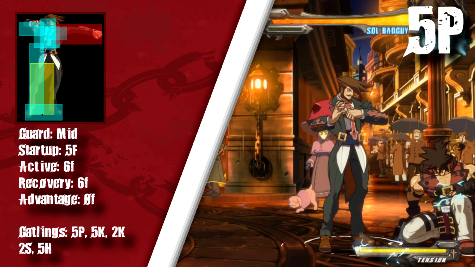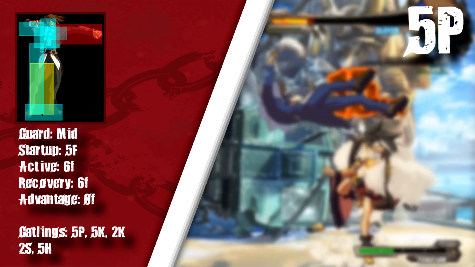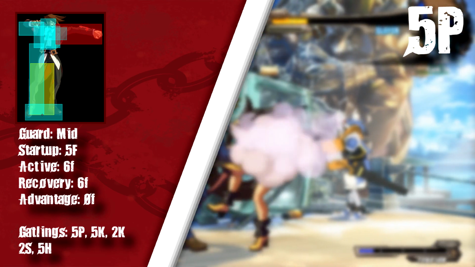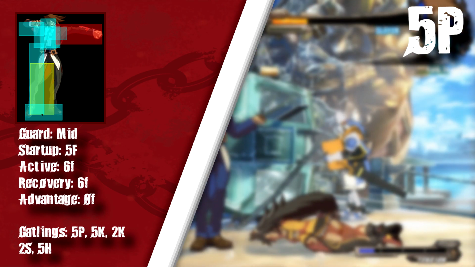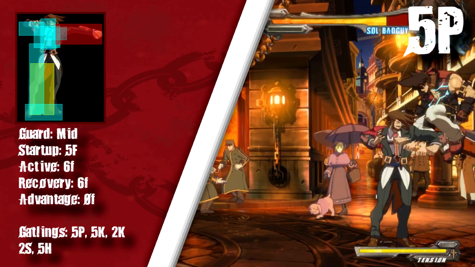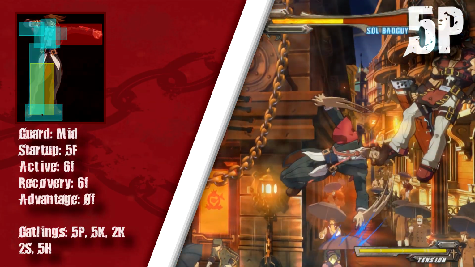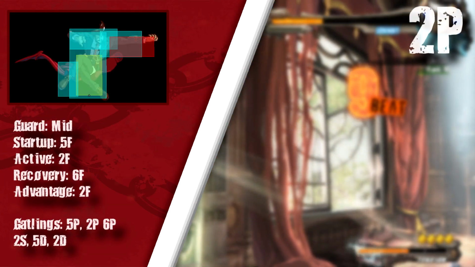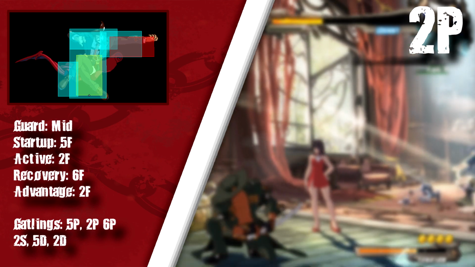Slayer's 5P goes over most of the cast when they are crouching, and 2. Slayer's arm does not have a hurt box on it when this move is active, meaning it can contest with a lot of air moves if it's spaced correctly. Overall, a good tech trap button and a way to get Slayer's game started if it catches somebody in the air. 2P is the button that you will mostly be using for mashing out pressure and tick throws of this